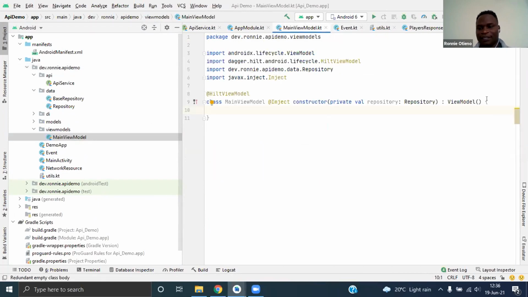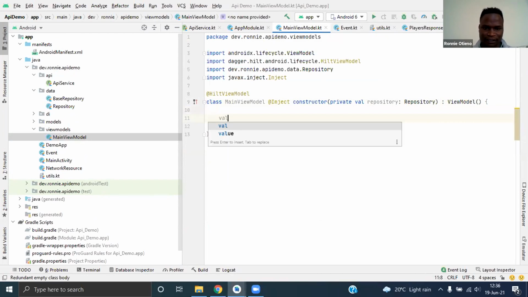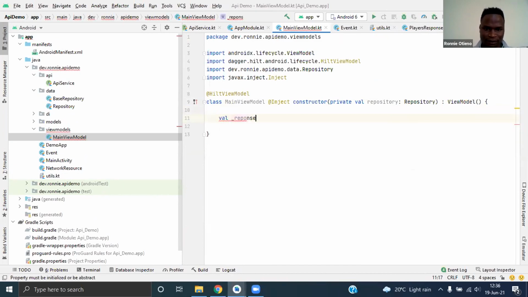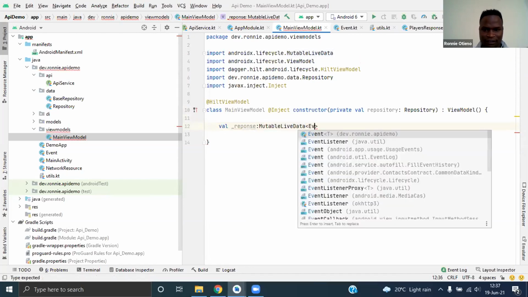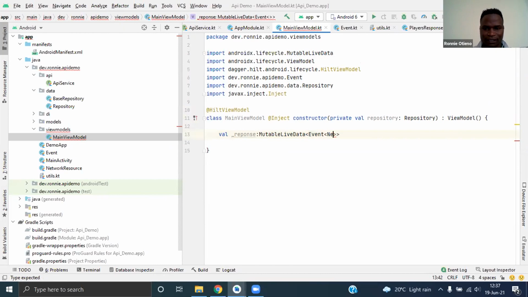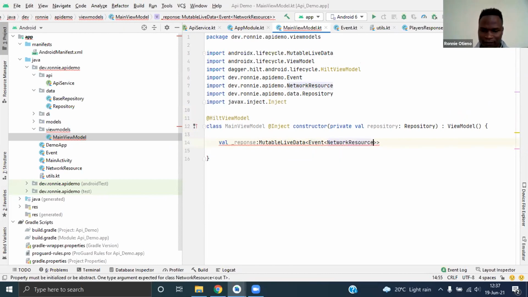So we'll have live data, let's say val response. MutableLiveData of Event of NetworkResource of the response we get from the API service.